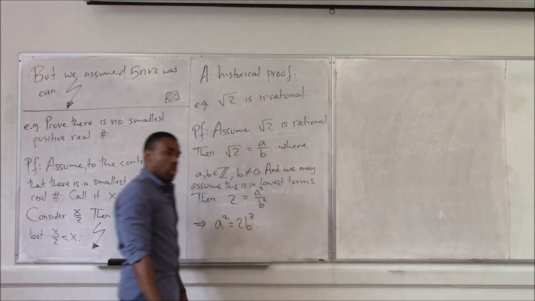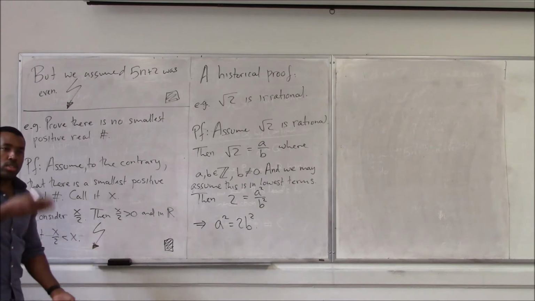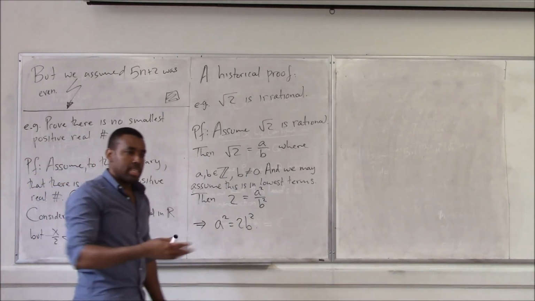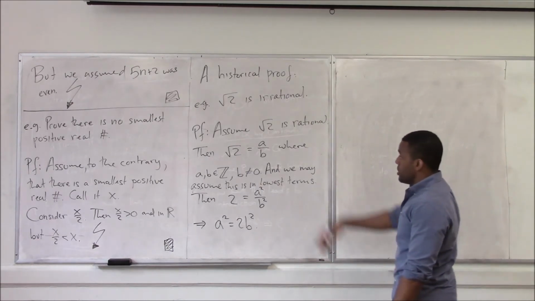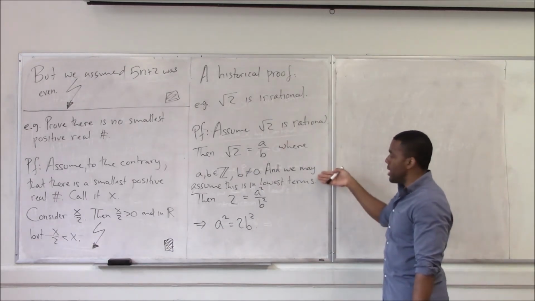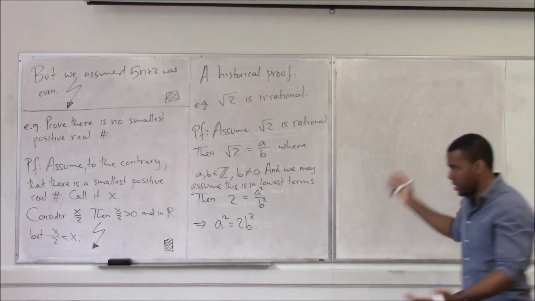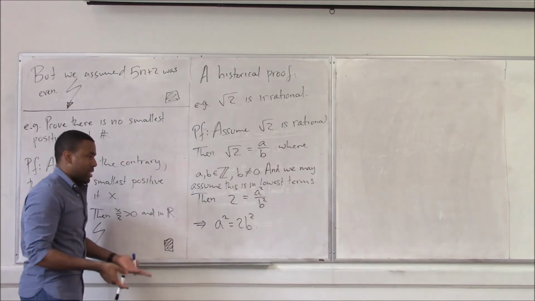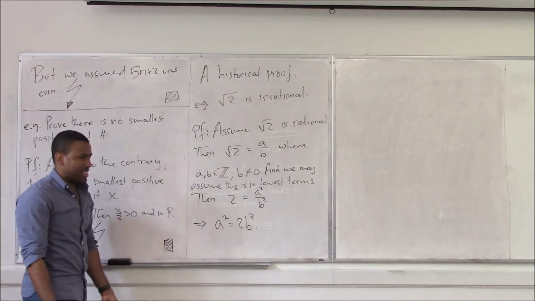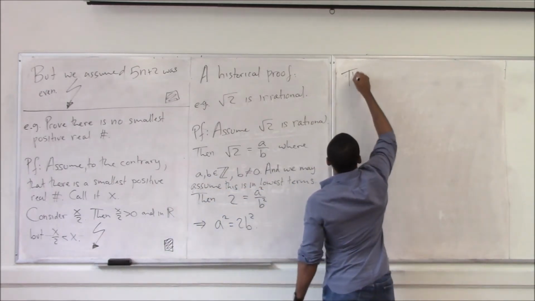We'll assume this is in lowest terms, right? It turns out that every fraction we can reduce, we can divide out the common terms and cancel them. That's a thing we can do with good numbers. So I assume it's written as a fraction, and we reduce this fraction, so we canceled all the common terms. There's no common term. You see that, and you're like, okay, where are we going with this? Here's the thing. This means